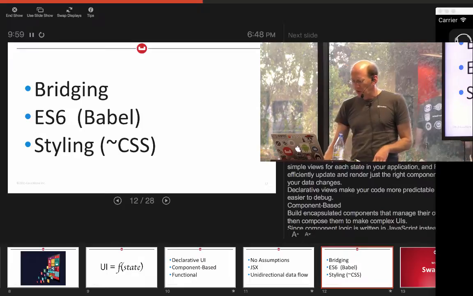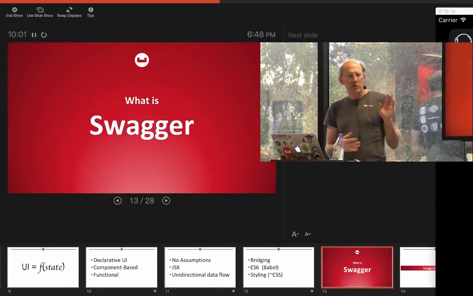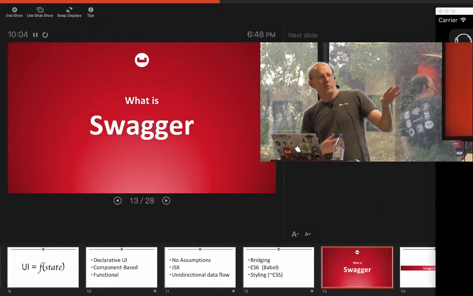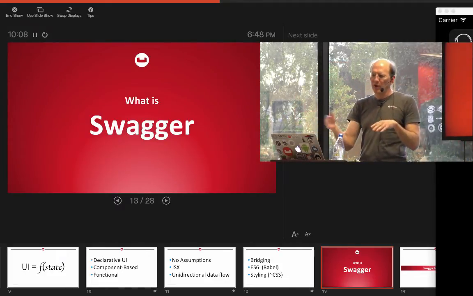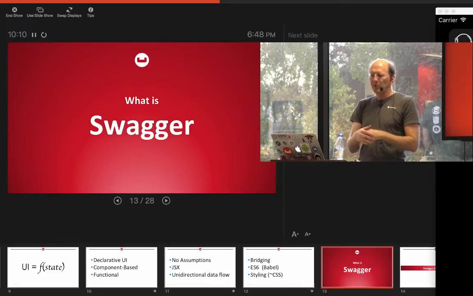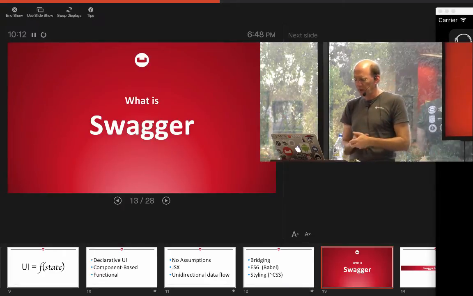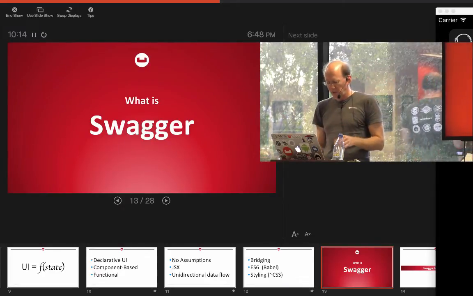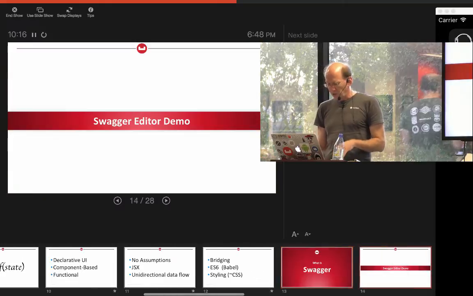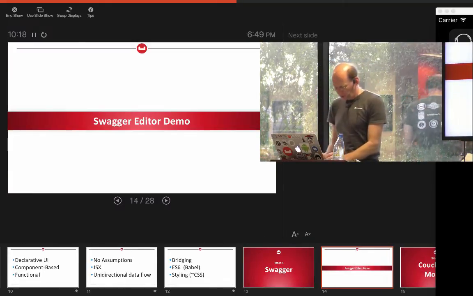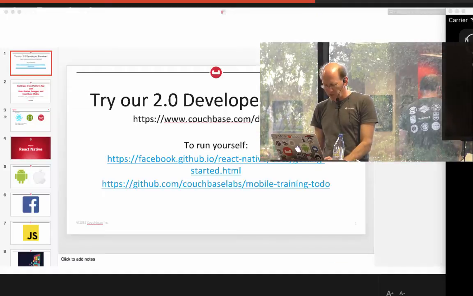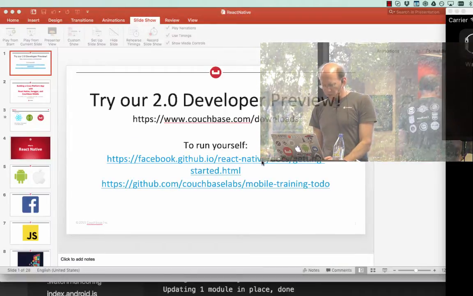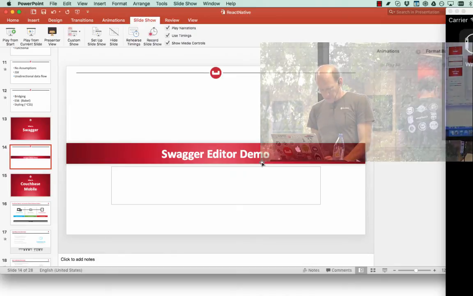So that was a quick thing. So like I said, I'm kind of going to do this in stages where I'll do that introduction. I'm going to look at Swagger and then talk a little bit about Couchbase, and then we'll go look at the React back up to the simple React intro app. So what is Swagger? Swagger is most easily demonstrated by kind of showing it to you. So Swagger is